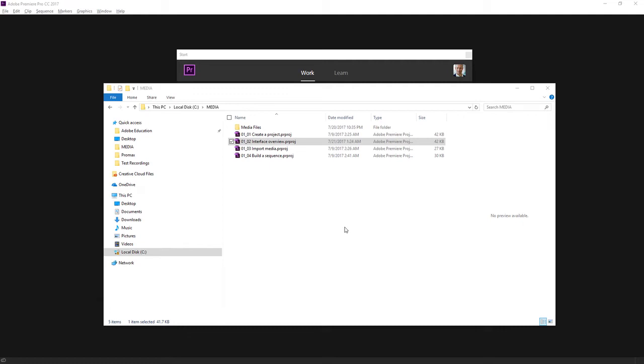It's helpful to understand the key Adobe Premiere Pro interface design elements, as this will make it easier to explore the application and learn new features. Let's begin by opening an existing project. I'm going to double-click here on this 0102 Interface Overview project file, and double-clicking it is going to open the